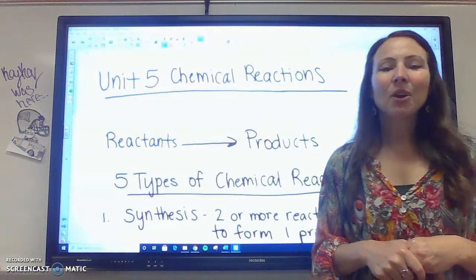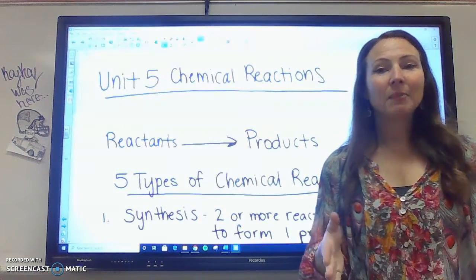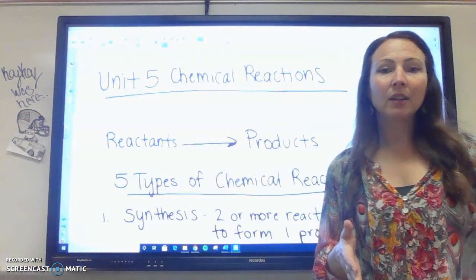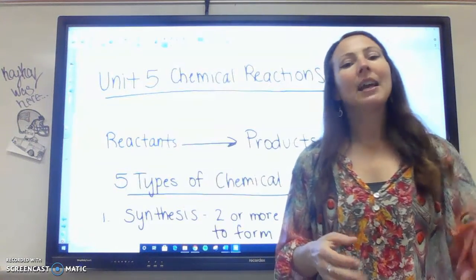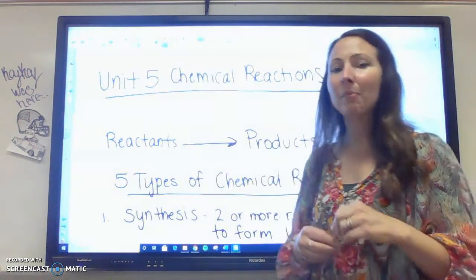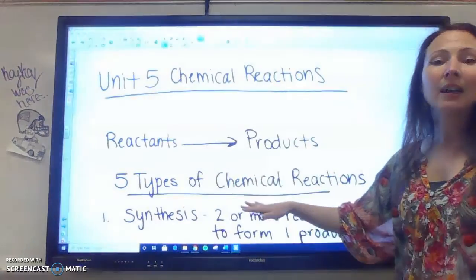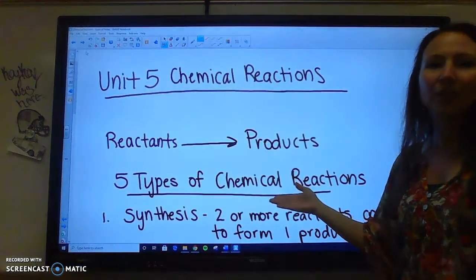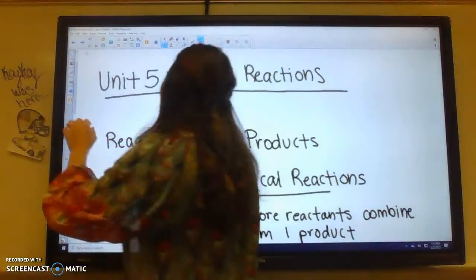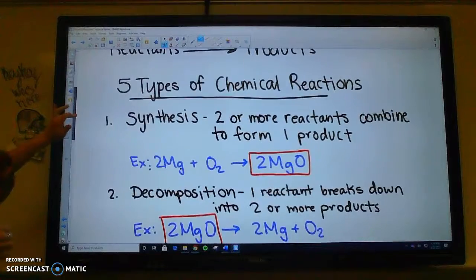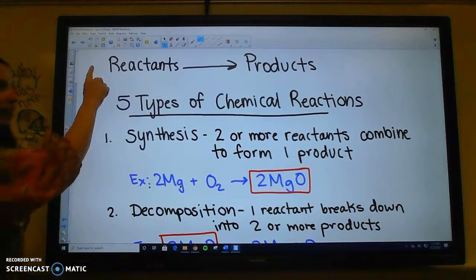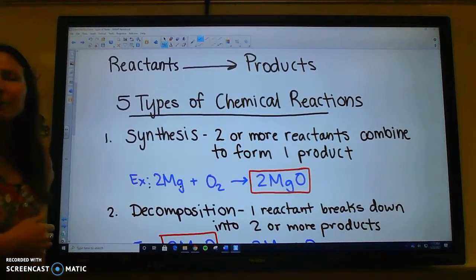Hey guys, so I'm going to talk to you about the 5 types of reactions. Last week we learned how to balance reactions, and we're going to revisit that in just a little bit. But this is Unit 5, and there are 5 types of chemical reactions. So you need to copy all of this, and this first part doesn't really look like notes, but it is